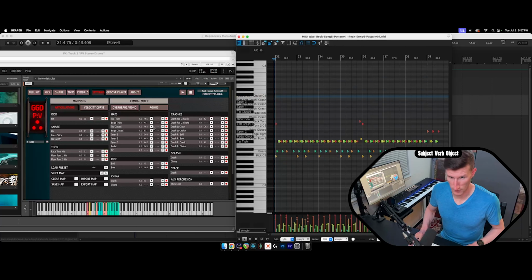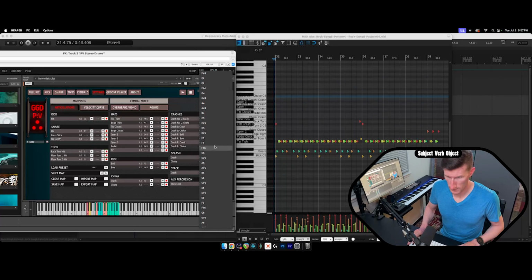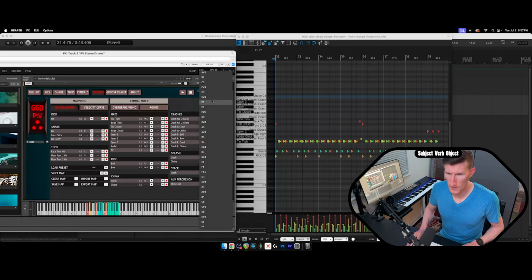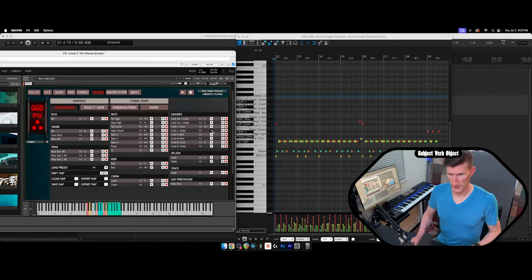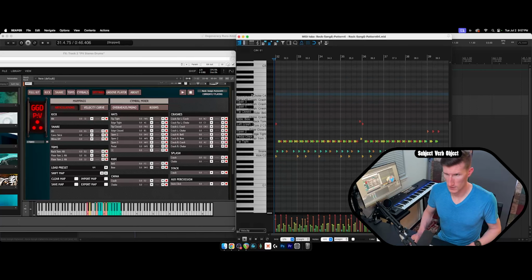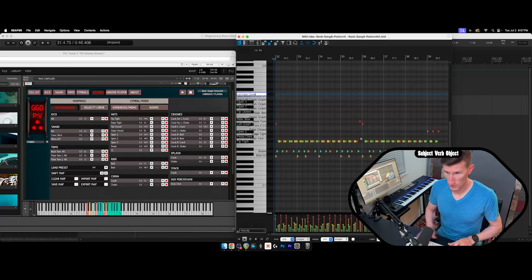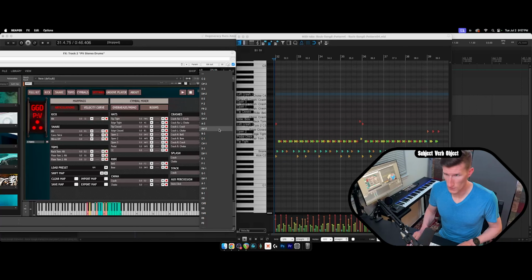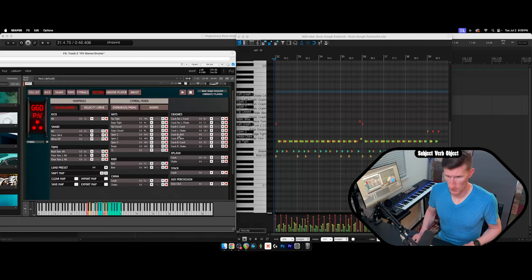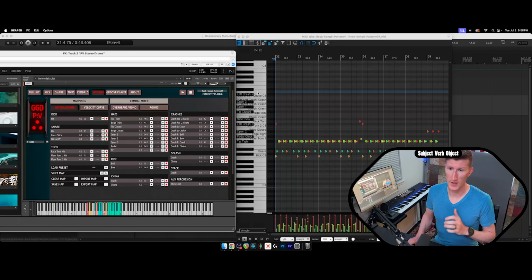This is C3. Yep, C3. The left crash choke. C#3. Now again, you may not have to do this in your DAW with your drum library, but rest assured